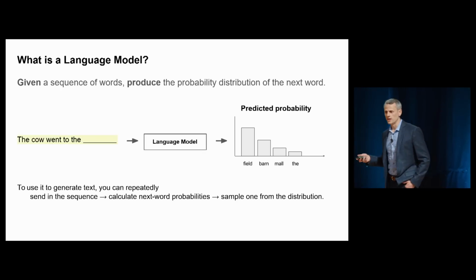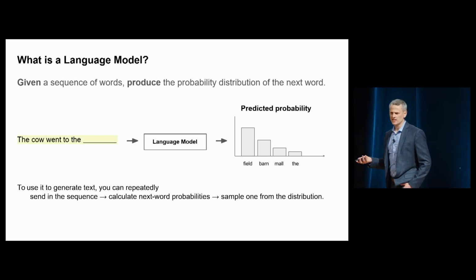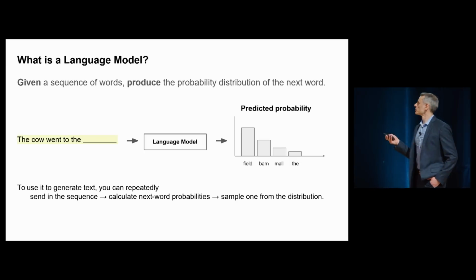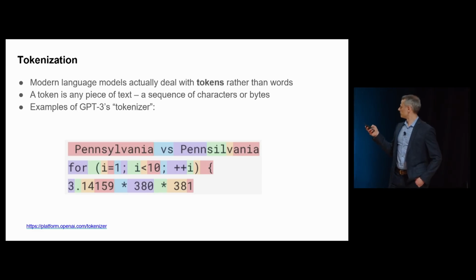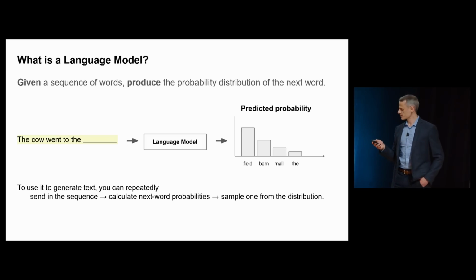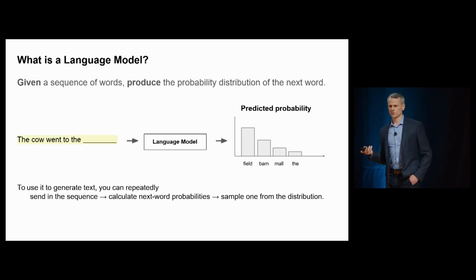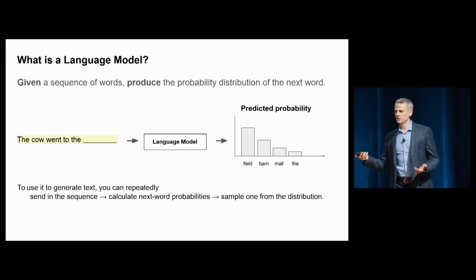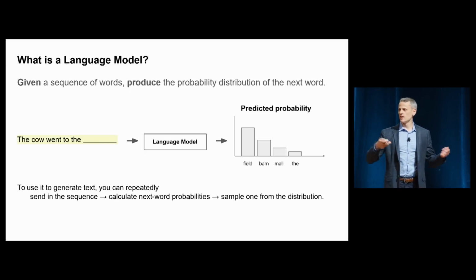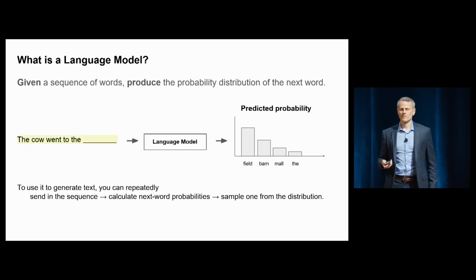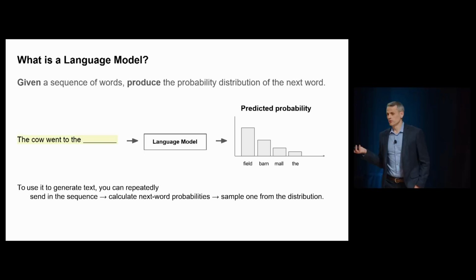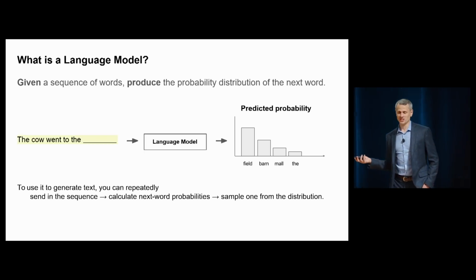No more, no less. Well, how do we use a language model to generate text, like you see in ChatGPT or something like that? It's quite simple. We take our sequence of words, "the cow went to the," we get our prediction over what word comes next. We choose a random word from that distribution, and that's the next word we generate. We append that word to the initial set of words. That's our new sequence. We feed that into the language model, get a new probability distribution, sample a new word, and so on. That's how we generate text from a language model. And that's at the core of all the large language models that we appreciate today.